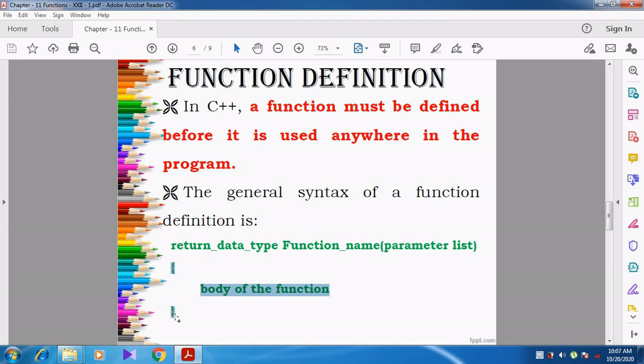Body of the function means one or more statements, that is, the task we are going to perform. That task can be specified within the curly braces. Can you understand, students?